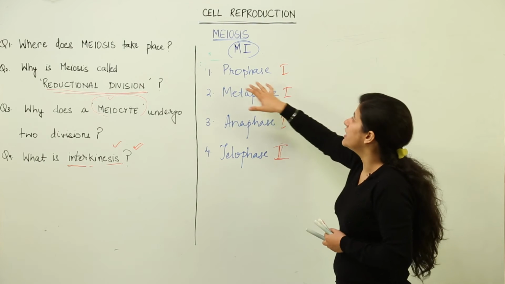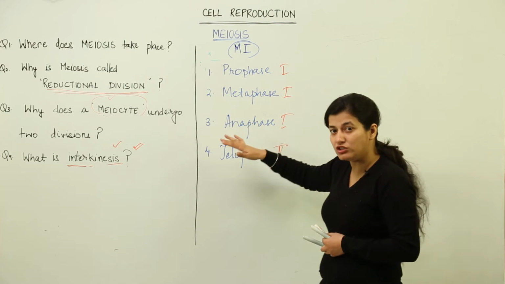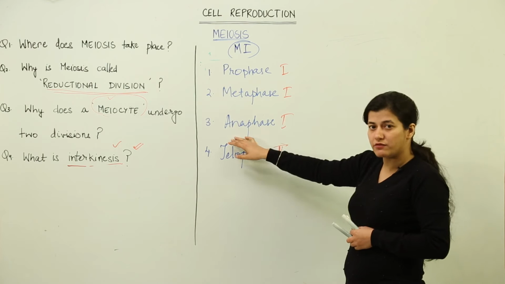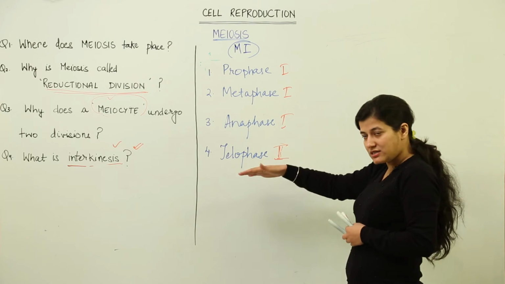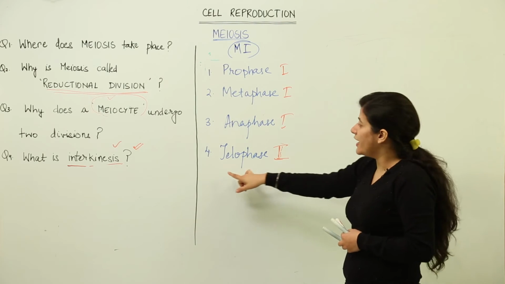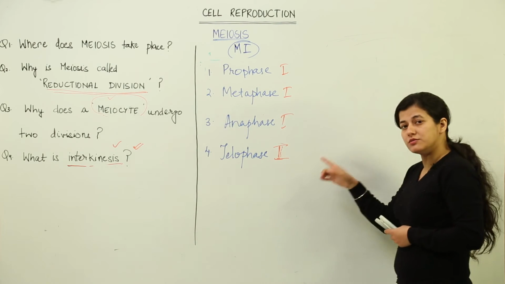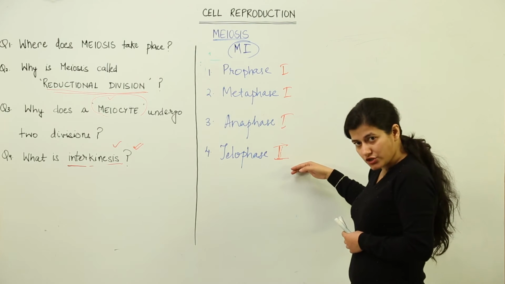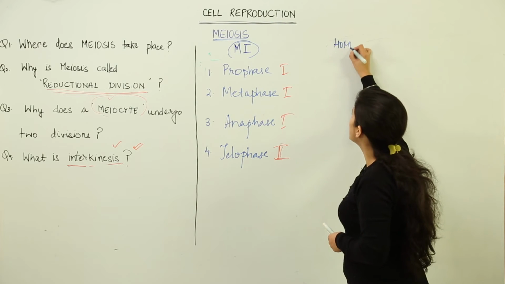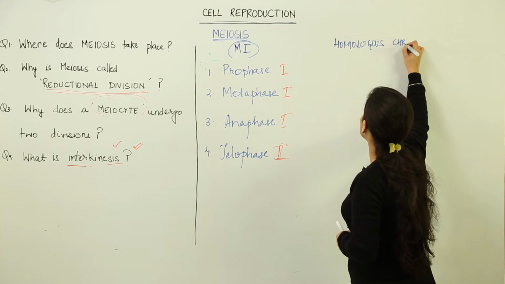We had simple division that in prophase the chromosomal content would condense, it would get detached from the nuclear membrane, which would dissolve. In metaphase there was formation of metaphasic plate. In anaphase there was separation of the centromere. Basically the centromere split and the sister chromatids got separated and they moved towards the poles, and in last, telophase was reverse of prophase. This was what mitosis was all about. Meiosis would also be done in these 4 stages only, but the only difference that you need to remember is, please cram it by heart, it is homologous chromosomes which would come into scene in this particular division.